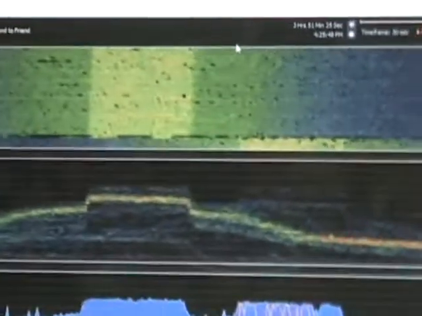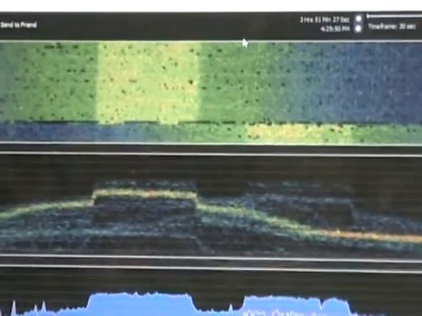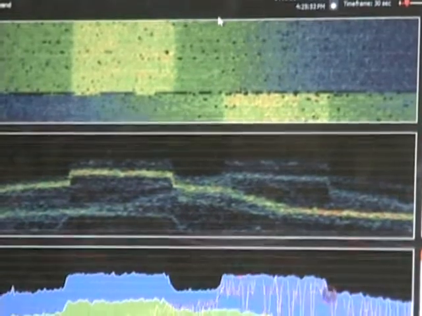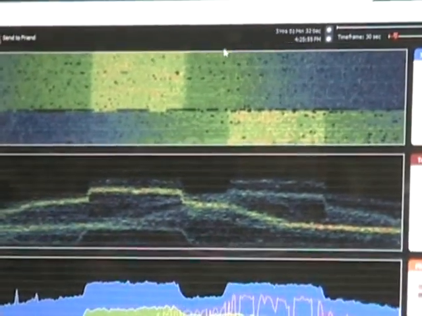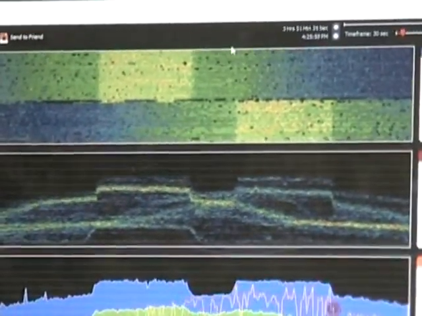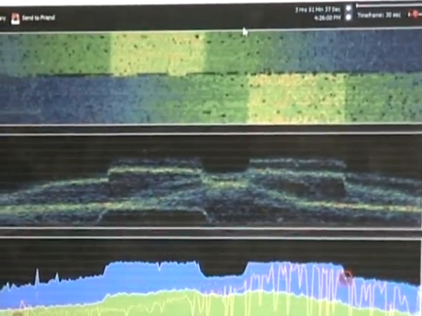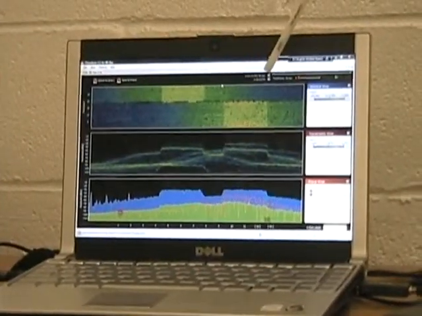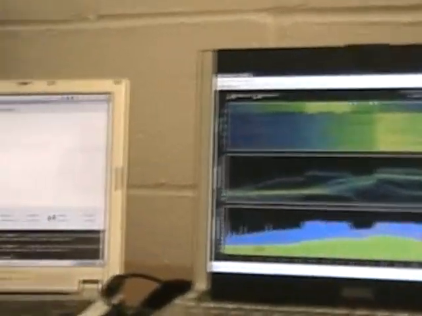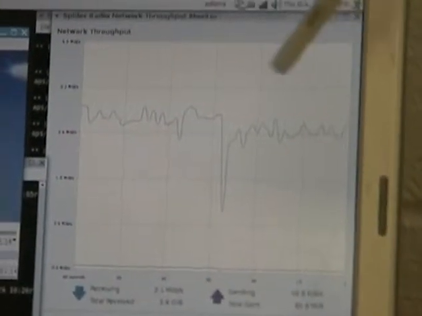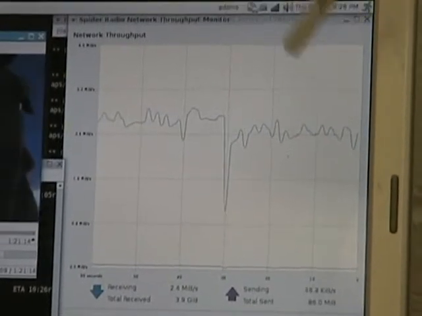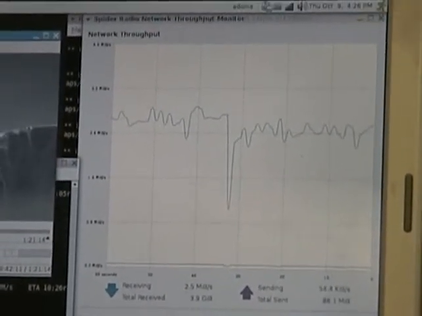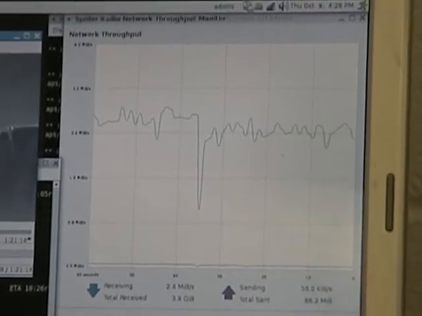As we can see over here in the Wi-Fi monitor, that it has switched to the channel 11. The two cognitive radio nodes have synchronized correctly and efficiently, and they have switched to channel 11 while the primary is still in channel 6. As we can see in the network throughput monitor, there has been a very quick dip because of the synchronization procedure, but which is very small, and again the throughput has come up. The streaming video is happening perfectly.